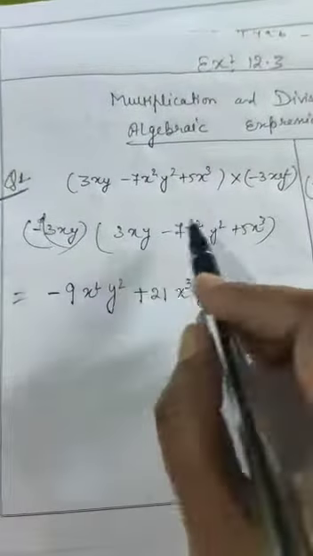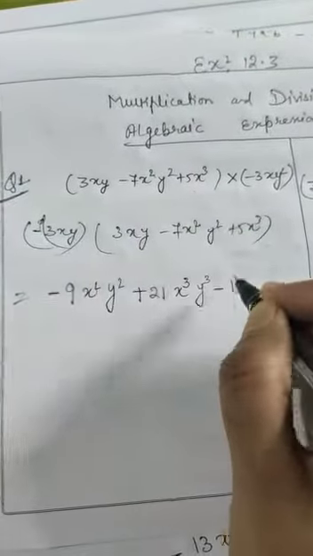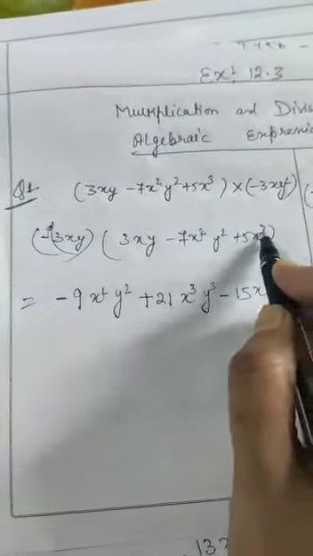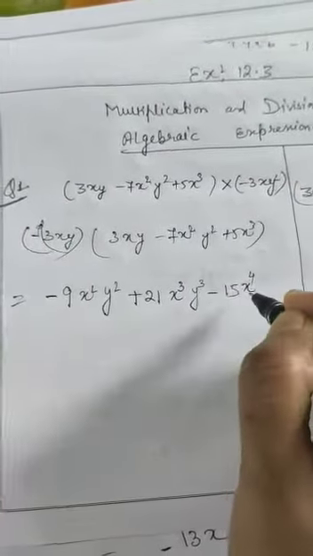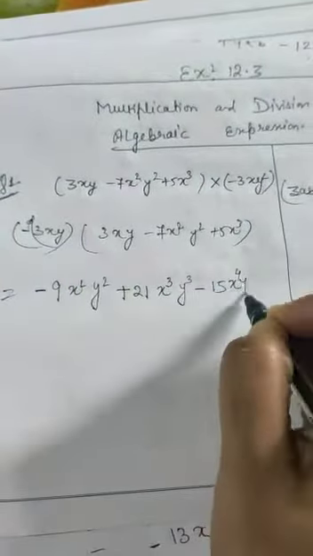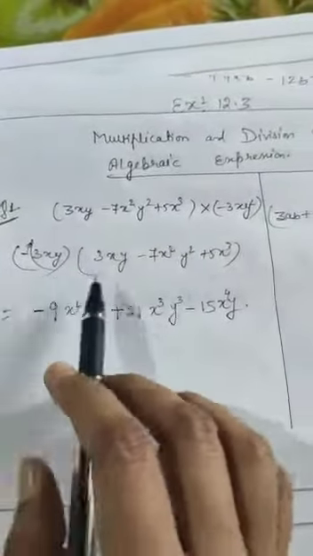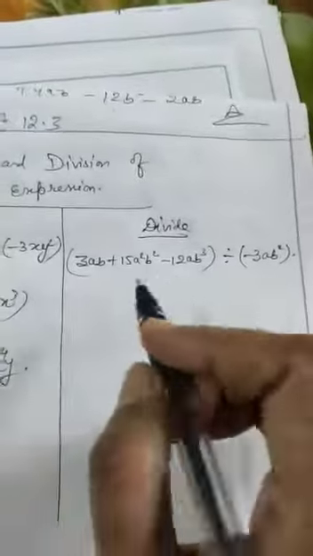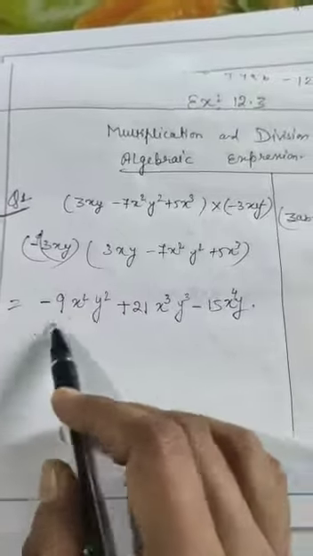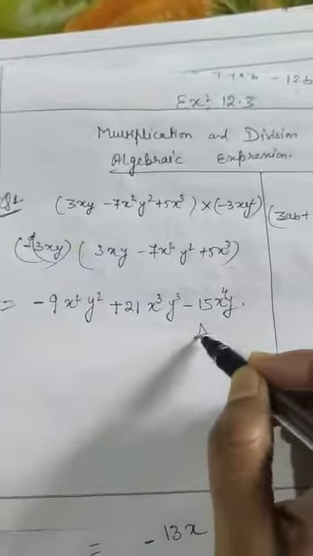Okay. Now minus plus minus. 3 5s are 15. X into x cube, 3 times plus 1 time, we will get here 4 times. Okay. Y, and there is no y, so we will write down this y only. This is the way of term-wise multiplication. This is the answer. If any like term is available, then you can add it also. But we can see that there is no like term. So this will be the answer.